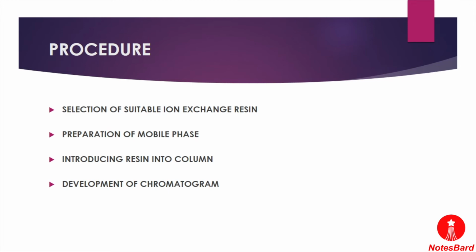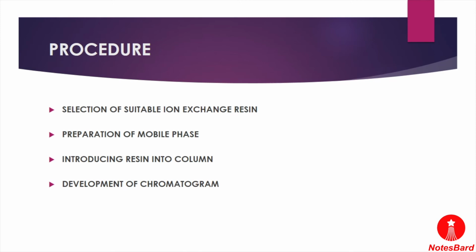The first step consists of selecting a suitable ion exchange resin, which can be cationic or anionic in nature. The next step is preparation of the mobile phase, which can be a solvent, a solution, or a mixture of different solvents. After that, with the help of an injector, the resin is introduced into the column, and